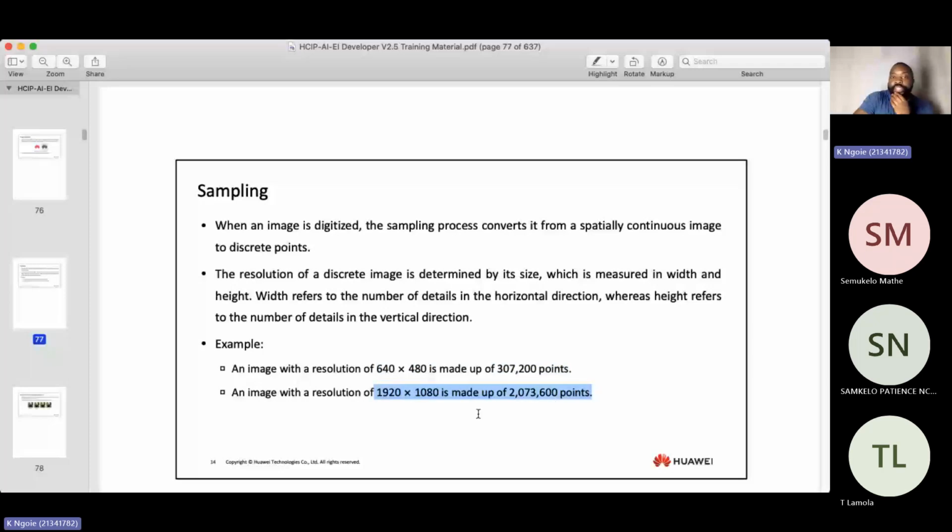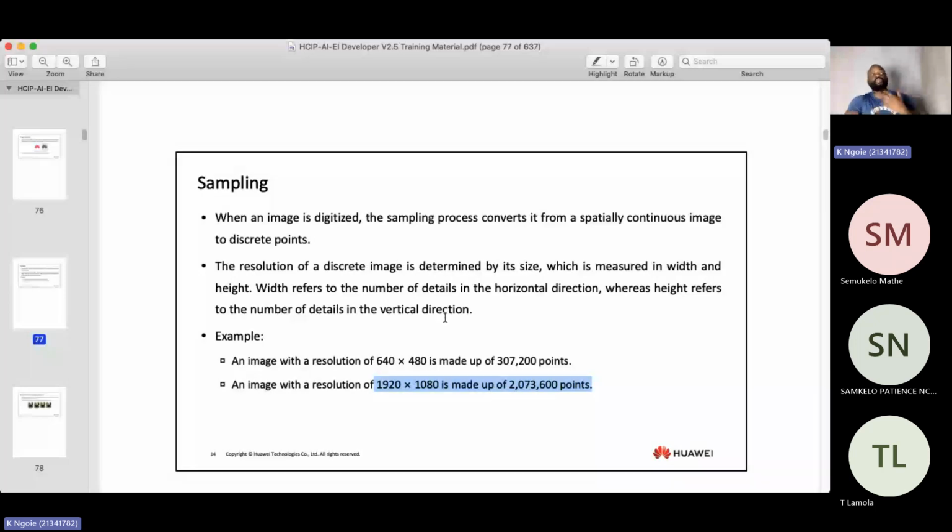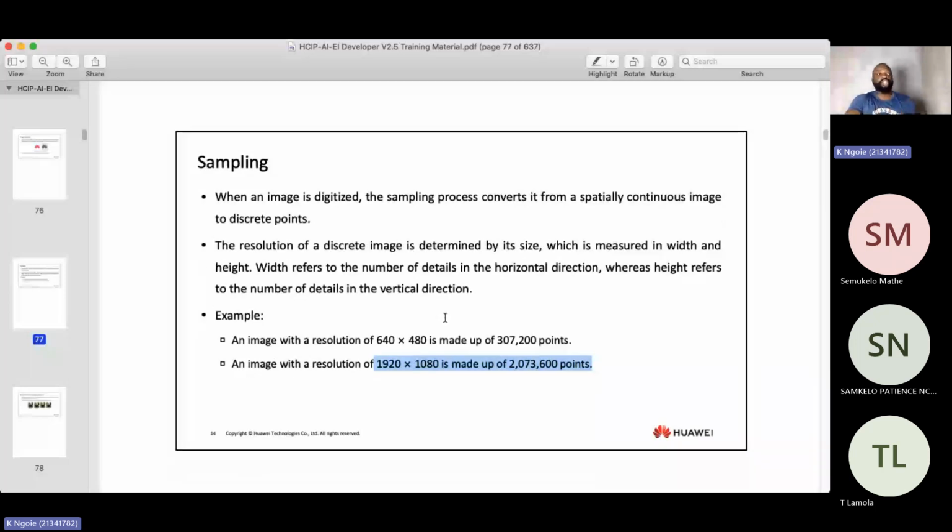So when we have a higher sampling, it means we have more data, we have more computation, of course, but then our AI is going to be really good because we have more details. All right. So from sampling, when we're digitizing the picture, we have sampling and we have